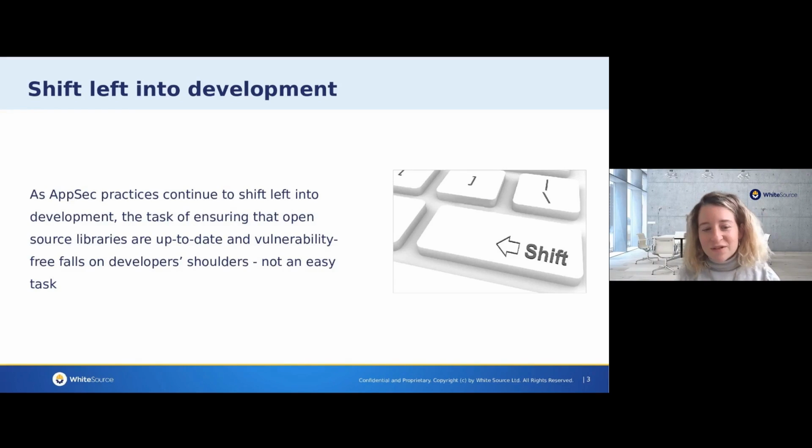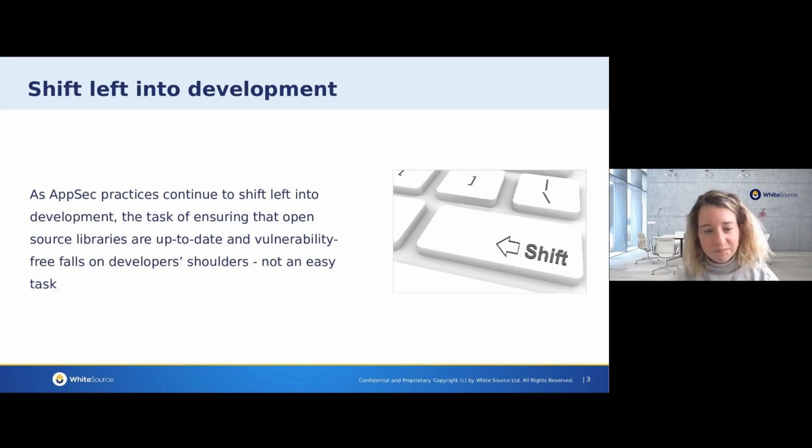And then we understood it is exactly the same thing in security. So we try to shift left more and more processes. And there was a very complex task, which is the one that we will speak about today, in terms of open source. And open source is code that you didn't write, right? Your organization is not responsible for the code itself, but you still own all the risks that are attached with